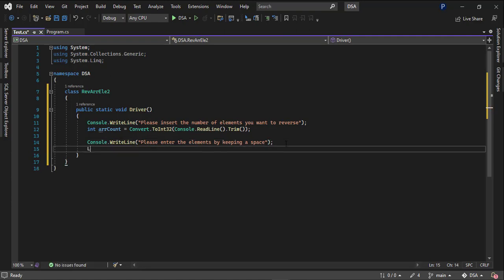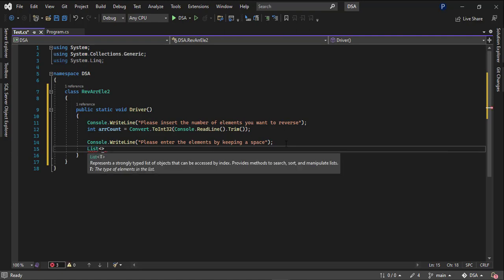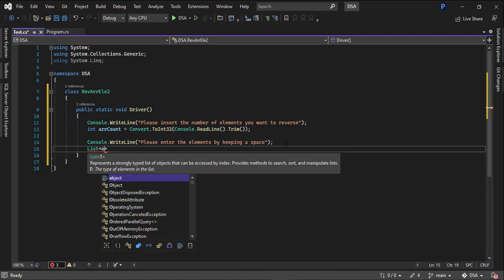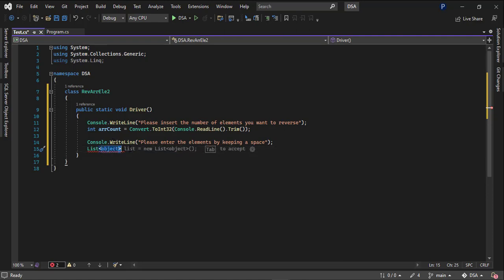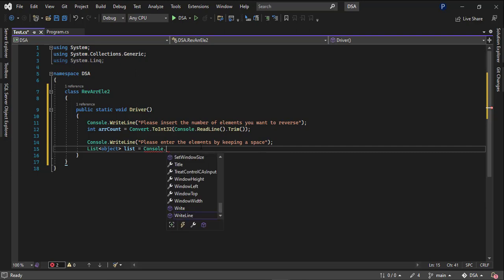Now, if you remember, we talked about supporting a type agnostic concept. So for that, I'm taking an object type. In C sharp, object is like a parent class, so it can store pretty much everything. So I'm saying list of object, and for that we need to read from the console. So Console.ReadLine,